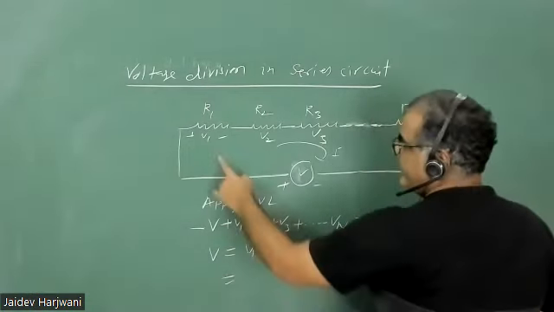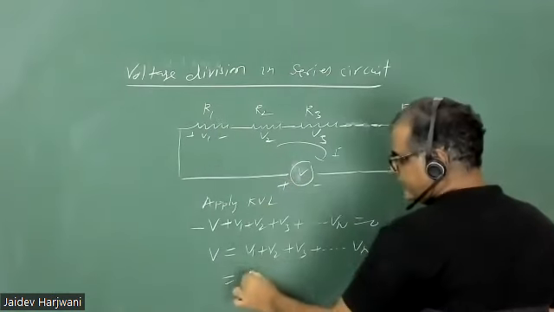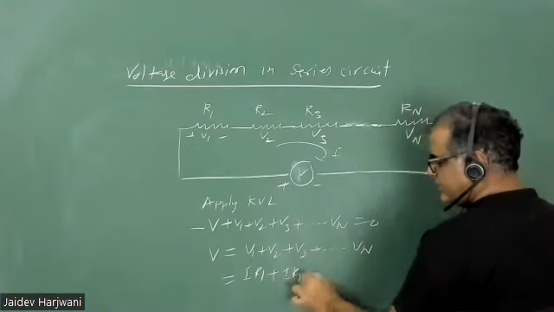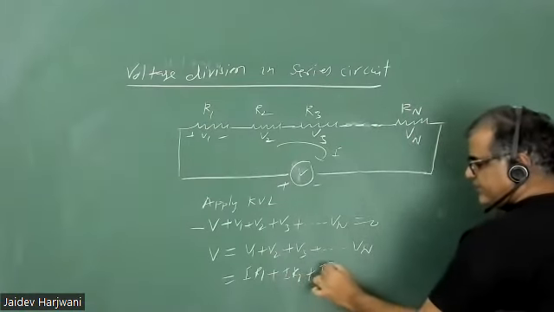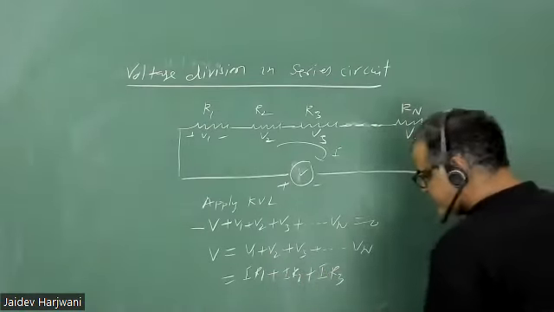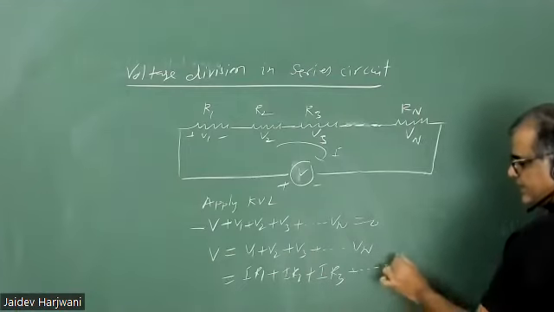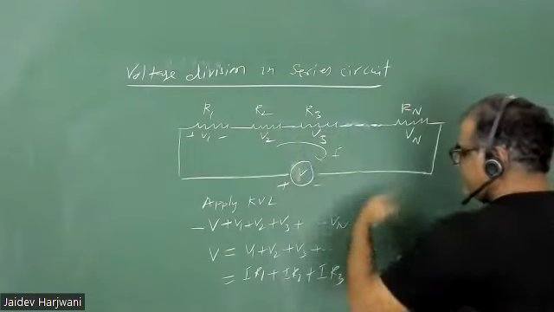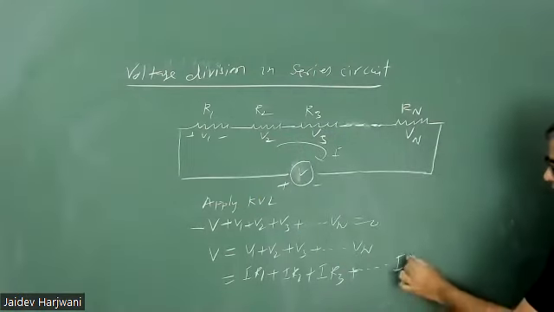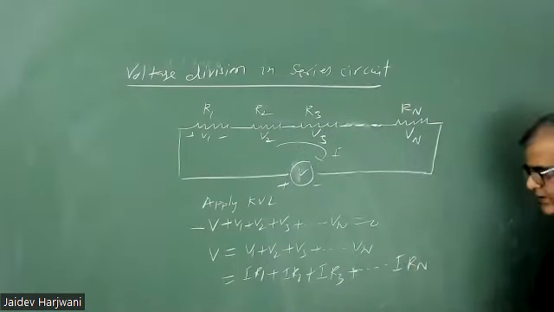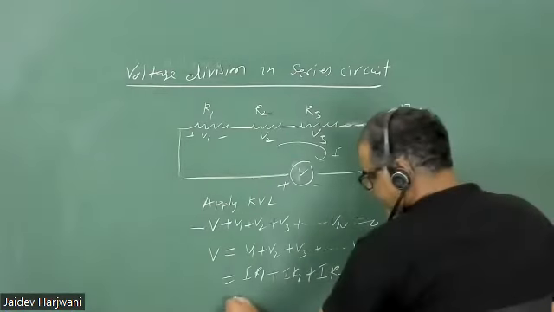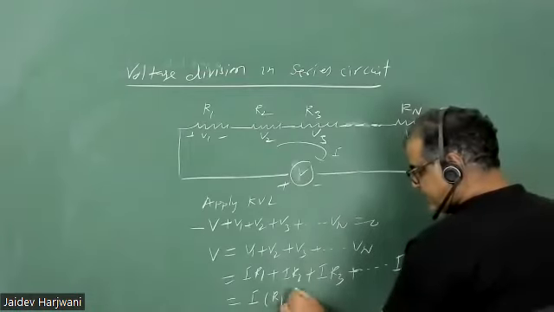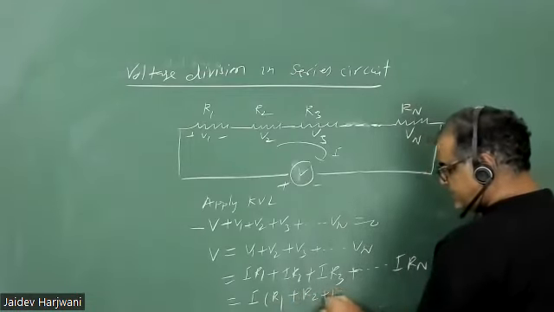So V1 I can write: current I is flowing into R1. Similarly, V2 is I R2. V3 is the current flowing across resistance R3, so this is I R3. And the current I is the same in series. Current is always the same in series, so this will become I Rn. And this gives me I times (R1 plus R2 plus R3